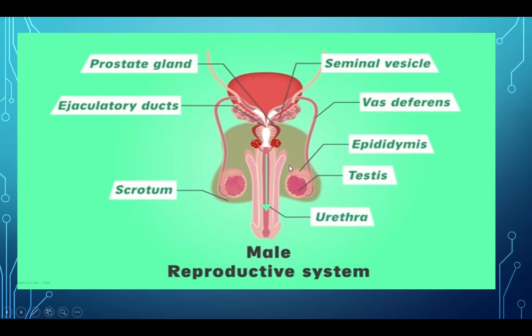So let me explain very clearly, children. These are the parts of the male reproductive system. And a few more accessory glands are there. I said, these are the glands. What are they? Seminal vesicle. This one, seminal vesicle. Then this one, prostate gland. And one more, this is Cowper's gland. So these three glands are accessory glands. So these are the parts of the male reproductive system.